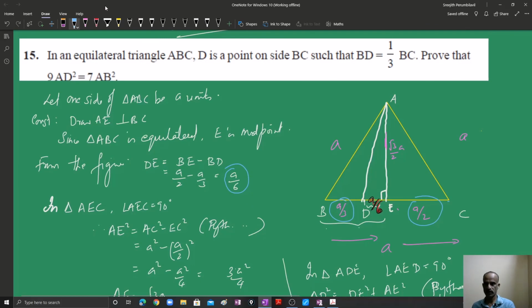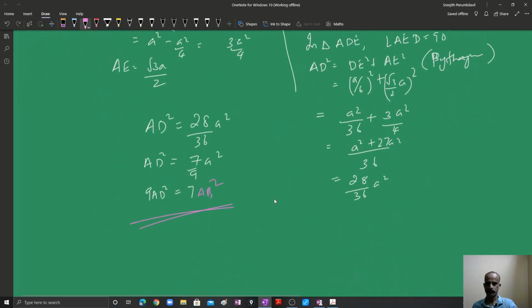First step, I'll write down the steps one by one. First thing, we are expressing one side as a. Then this is a by 2, this is a by 3, one by one, just go through it. Get back to the correct starting point and just go through the question again and again to see how it is solved. The concept is expressing everything required in terms of the side a, and then just go for AD square directly using Pythagoras theorem.